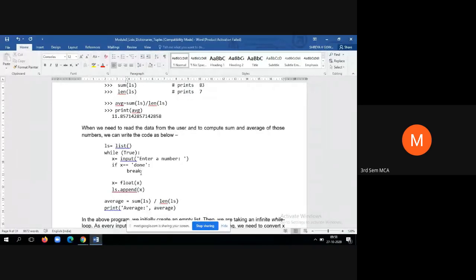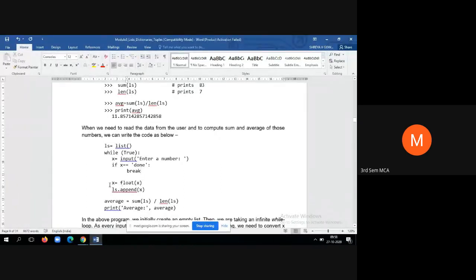All the infinite loops will come out of the loop based upon a certain condition. Now here, for us, one such condition is this done value. As soon as the user enters done, it will come out of the loop. To come out of the loop, we have if supported by the break statement. So the break statement will always make you come out of the loop.